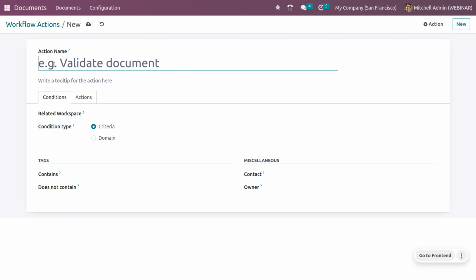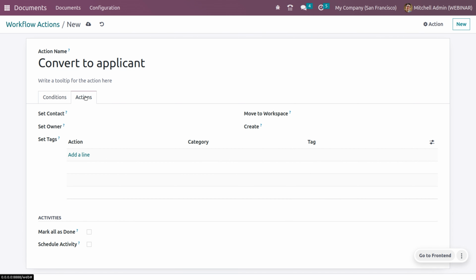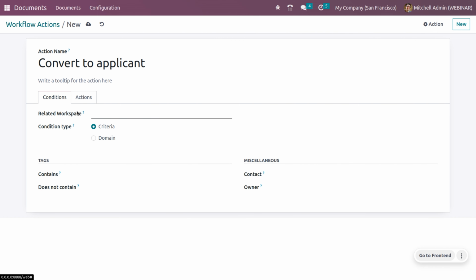So create a new action. Here I'll be adding convert to applicant. If I got a resume, I will just check the resume and convert it into an applicant, so the HR personnel can continue the recruitment process. So here I'll put the action name as convert to applicant, and here you can set the condition and actions. Here you can mention the related workspace and